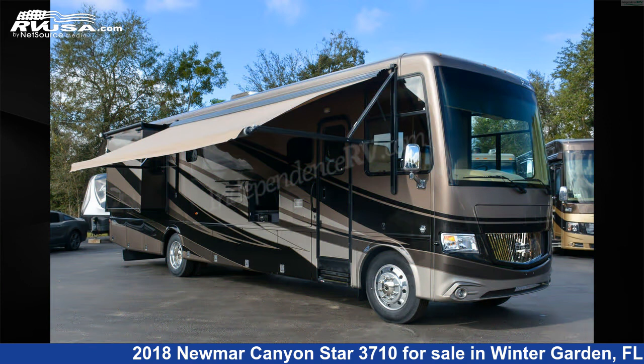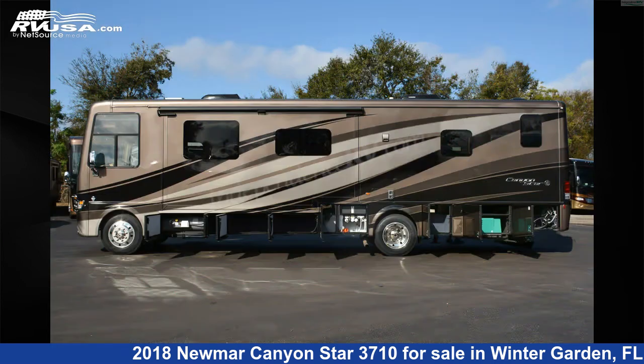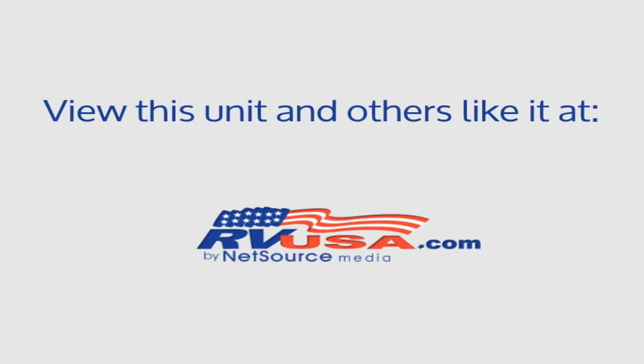The floor plan layout of this Class A features bath and a half, front dinette, front entertainment, front kitchen, outdoor entertainment, rear bath, rear bedroom, rear entertainment. This 2018 Newmar Canyon Star 3710 is built on a Ford F-Series Super Duty chassis and is powered by a